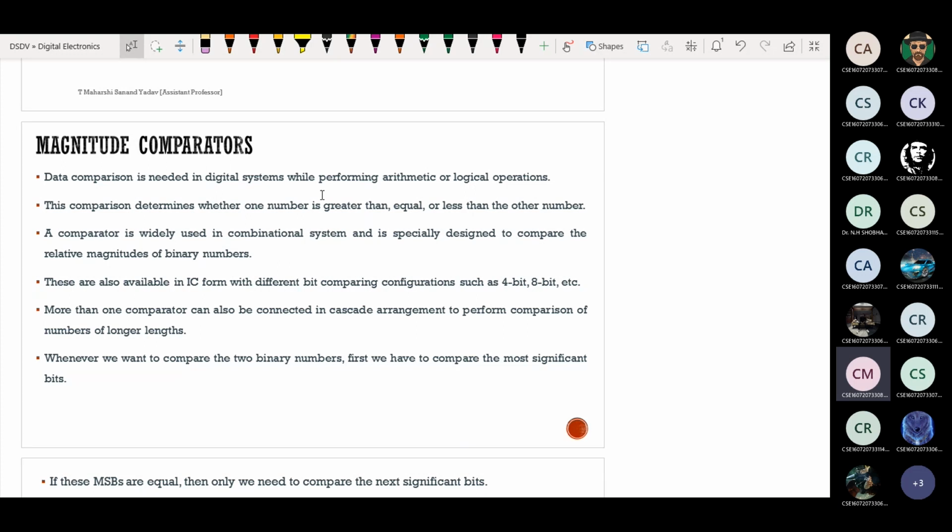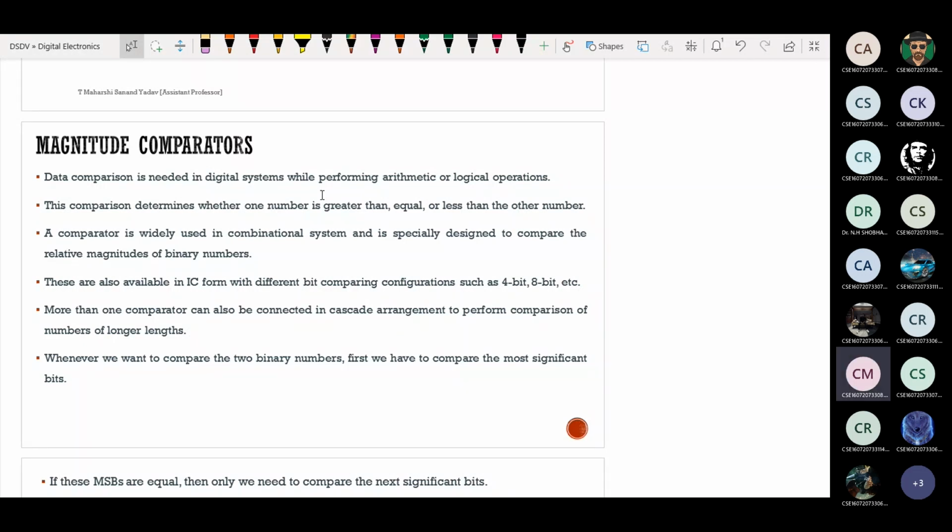A comparator is widely used in combinational systems and is especially designed to compare the relative magnitudes of binary numbers. These are also available in IC form with different bit comparing configurations such as 4-bit, 8-bit, etc. More than one comparator can also be connected in. So what is this, sir?